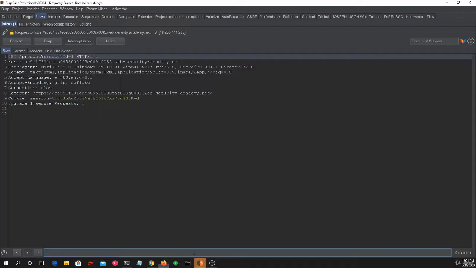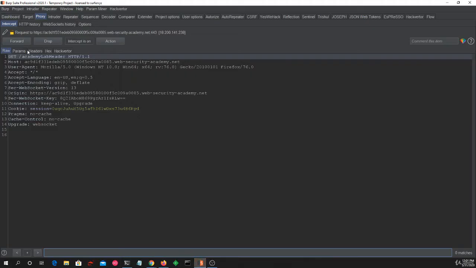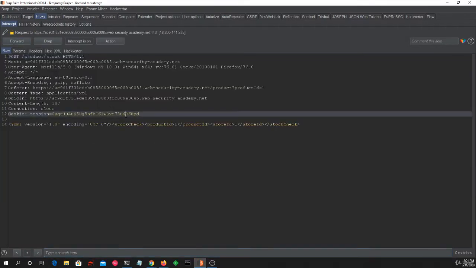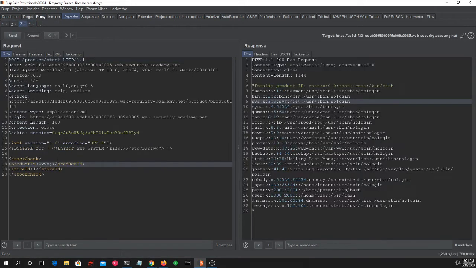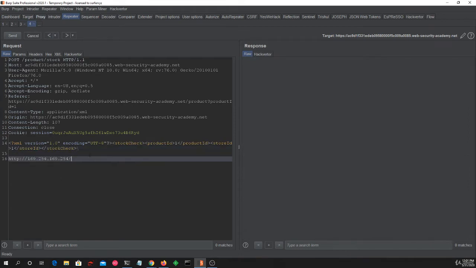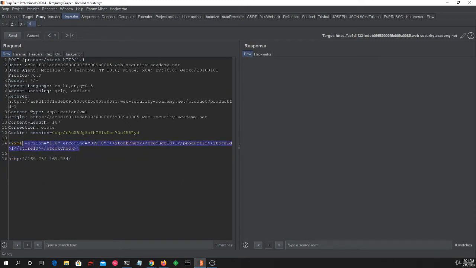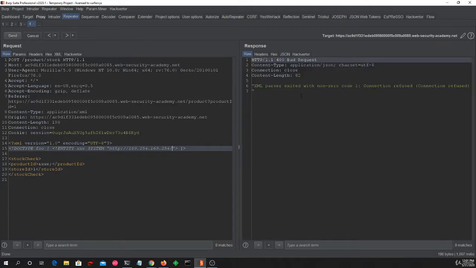So let's view the stock again. Let's go boom, boom, boom, boom, boom. Let's view the stock. Boom, boom. Some WebSockets there. Let's send that to Repeater, Control R and Control Shift R to go to Repeater. Let's get our previous payload here. To make things simple, we'll put that right down there, and we'll get the previous payload that we used, because this will work. Go to this one, put that in there, and instead of returning the file passwd, we're just putting in the IP address. We'll send that, and as you can see,